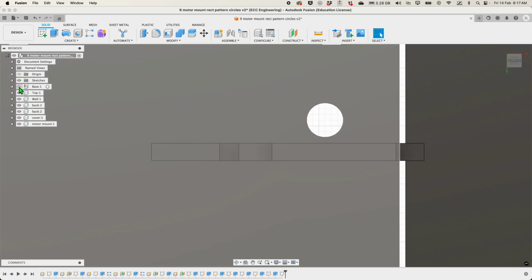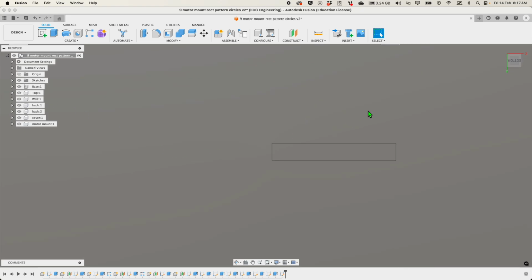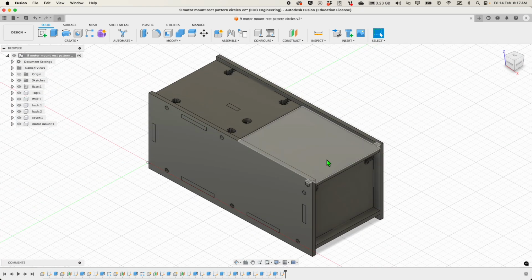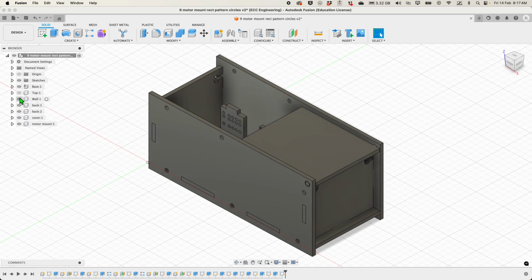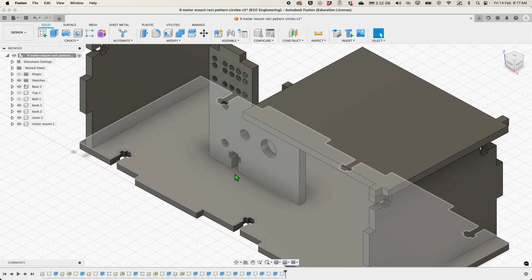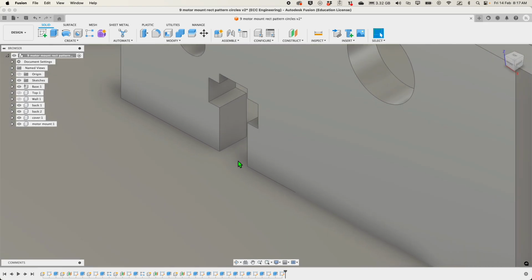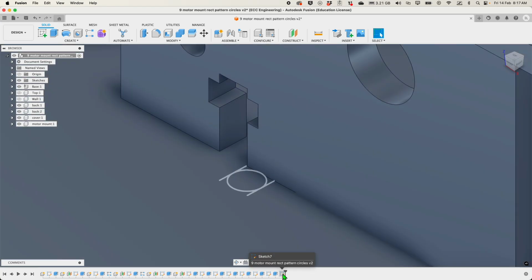So let's see. All right, let's hit the home button, and let's turn off the top and the wall. Can I see my sketch? No, I can't. Oh, there it is. Okay. All right, so if I do a press pull,